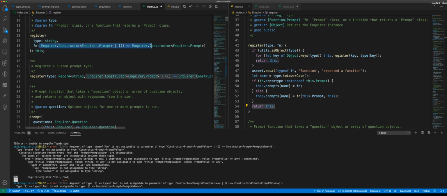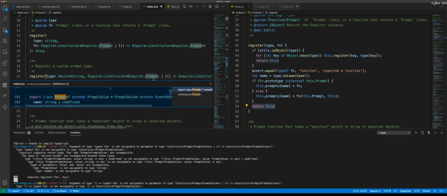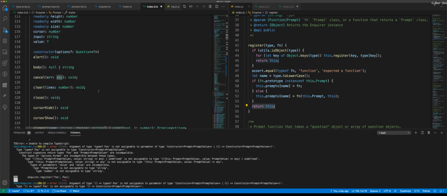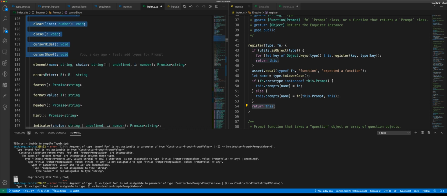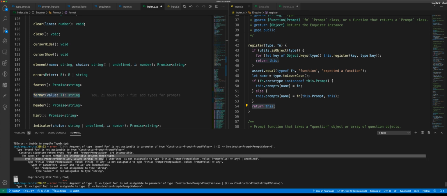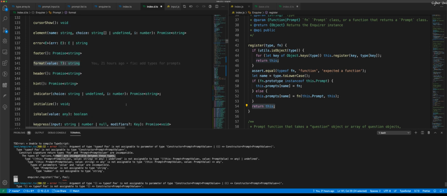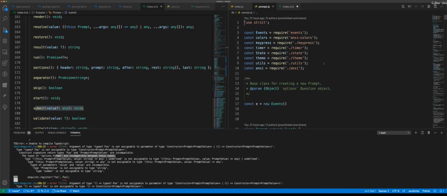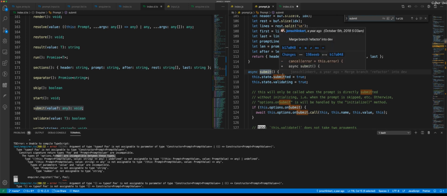So now the question is this type. The problem is that the prompt class was modeled after the actual prompt class, which has all of these functions, including this format. The problem we have here is some of those are incompatible in the subclass, and also, as we have seen, another case that doesn't work is, for example, the submit. In the base class, let's take a look at the base class, at the prompt, in this submit,